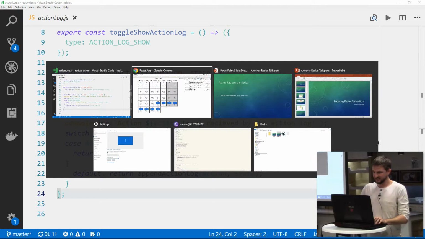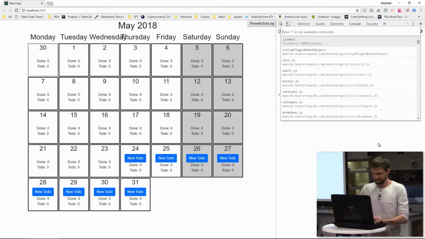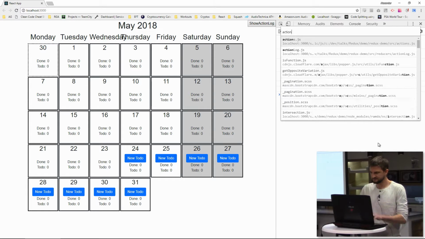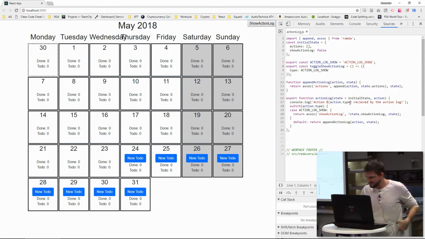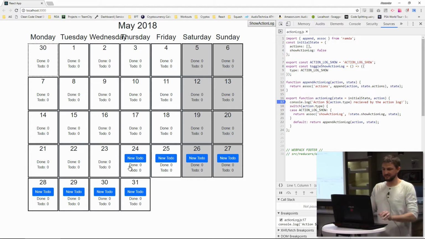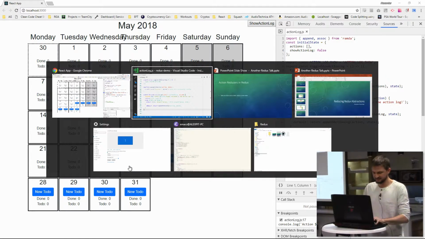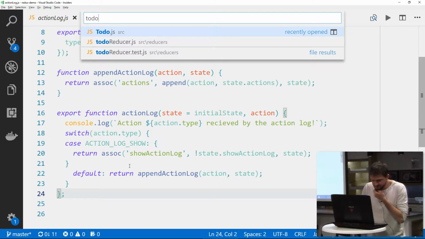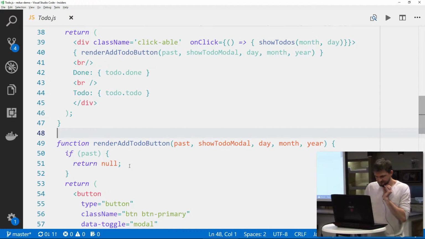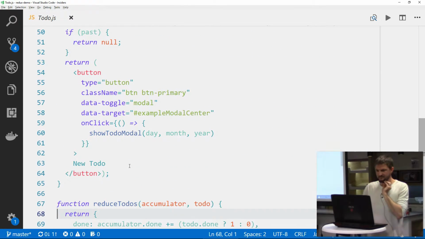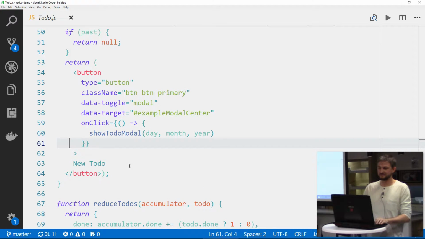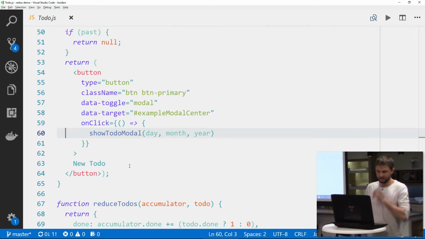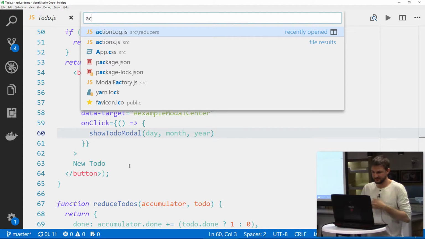So then I come back here and put a thing there. This is just a plain button. I want to show you the button as well quickly. To do. And all I do in to do is tell it to show the modal for the current day so that I can create a new to do. And all that is in, show to do modal,